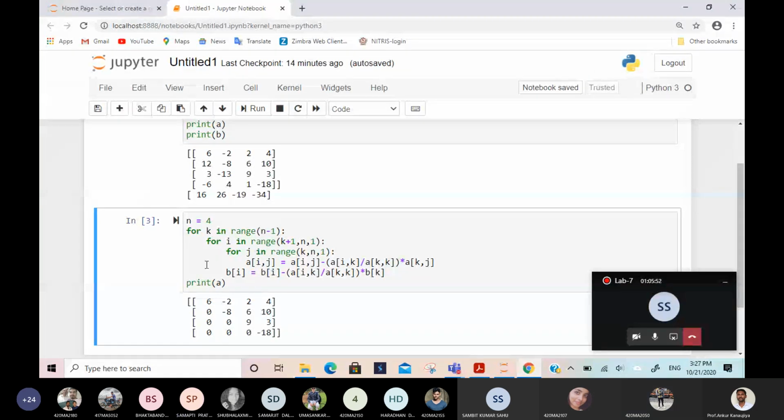So this will become 0, but if you apply R2 minus 2 times R1 on minus 8, what will come? Minus 4. But here it is coming minus 8. That means something is wrong. It is not changing, even 6, even 10. Can anyone tell what is wrong in the code? Something I have to change?